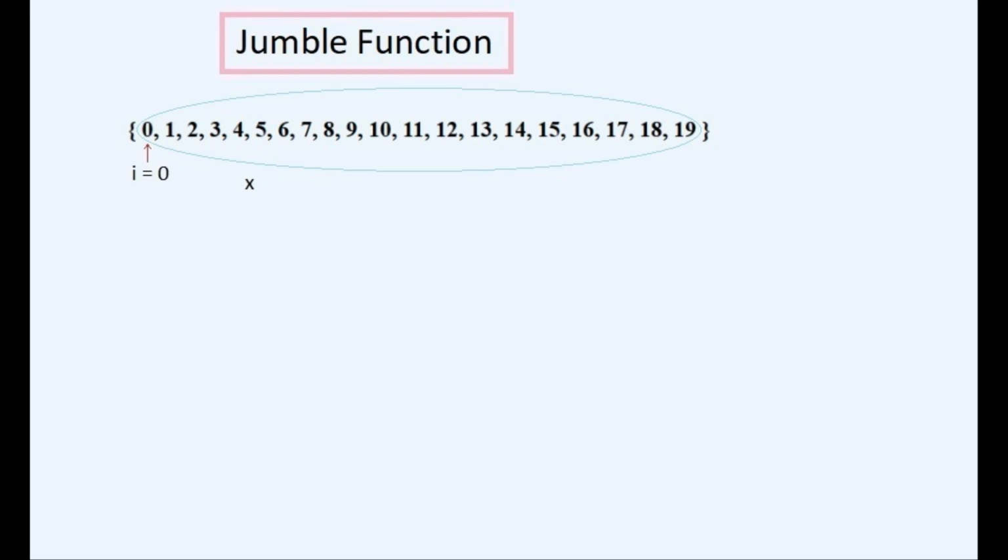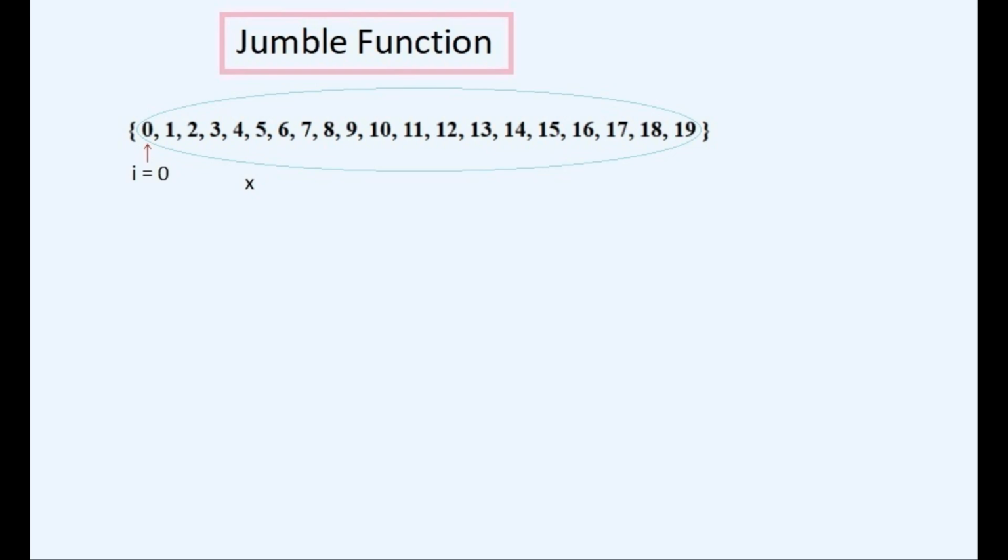Firstly, an ordered list of numbers is created. The list can grow to any length, but in this case there are 20 numbers in it. So we have an index variable called I that works its way up the list, starting at the first element. It starts at 0 because this is the index number for the first element in most programming languages, including C and JavaScript. A second index variable called X is randomly selected from a list of numbers contained in the